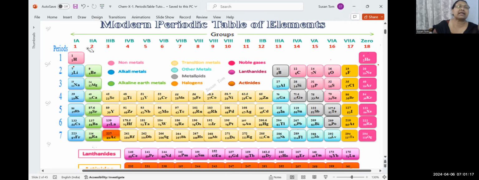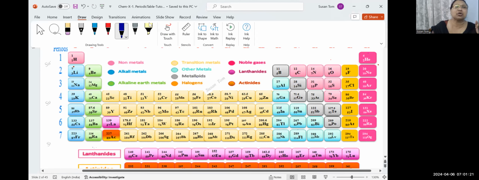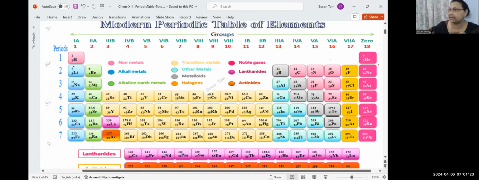Got it. The second thing you have to learn as per the board syllabus is group 1 elements. अभी तुमने पढ़ा था alkali metals वगैरह करके. Except hydrogen, the rest are all metals. So they are called alkali metals. This you have to learn. Lithium, sodium, potassium, rubidium, cesium, francium. Here we can see symbols, but you have to say the names. So these are the